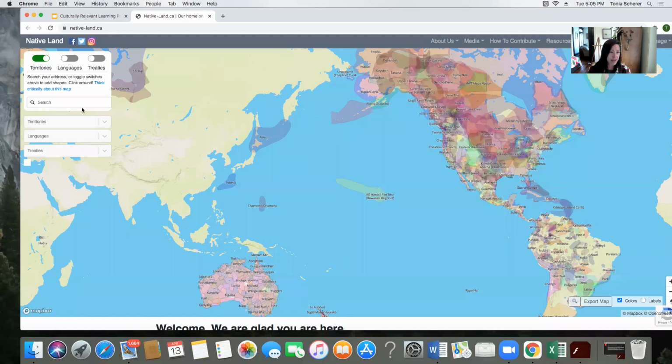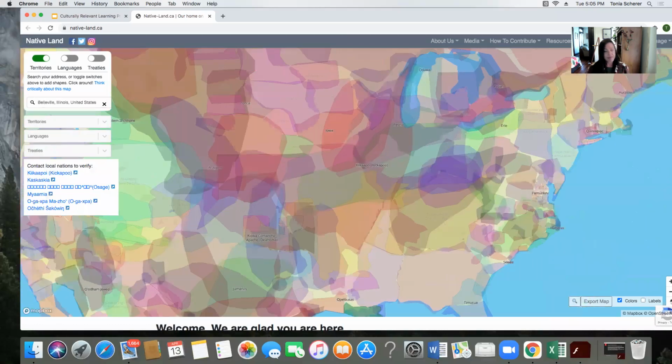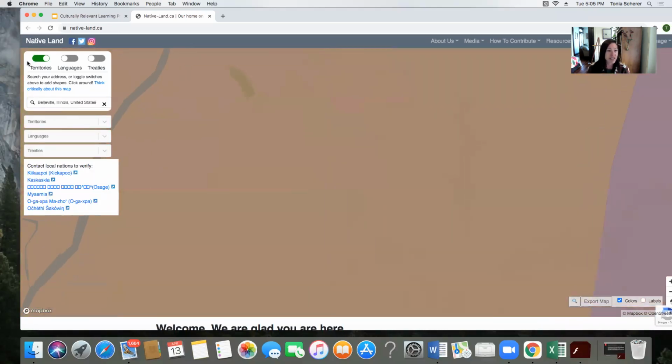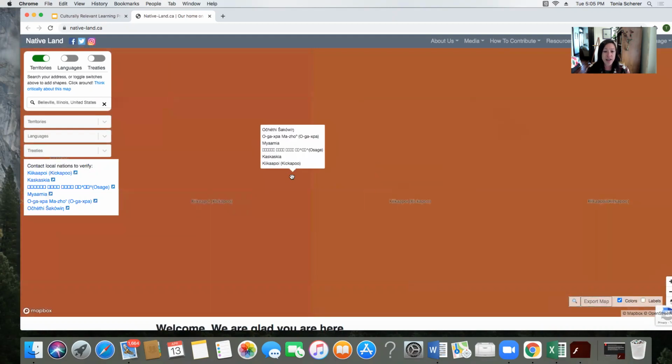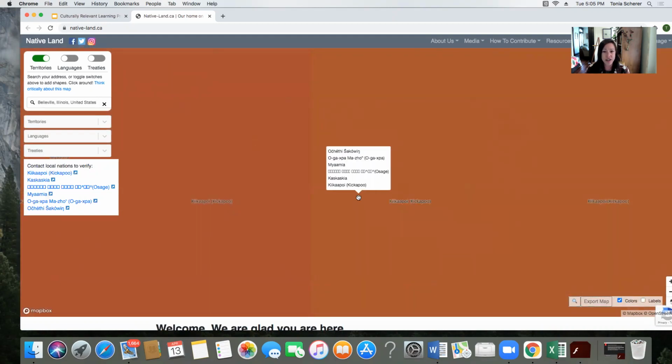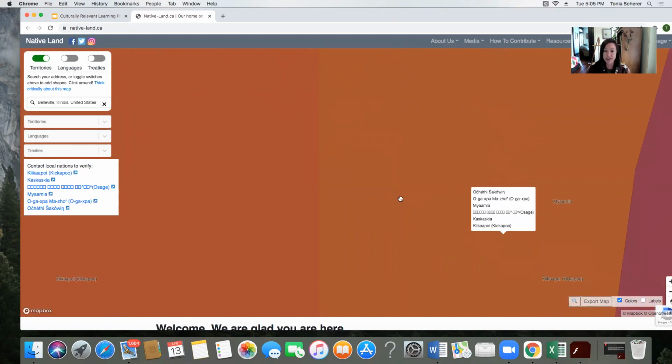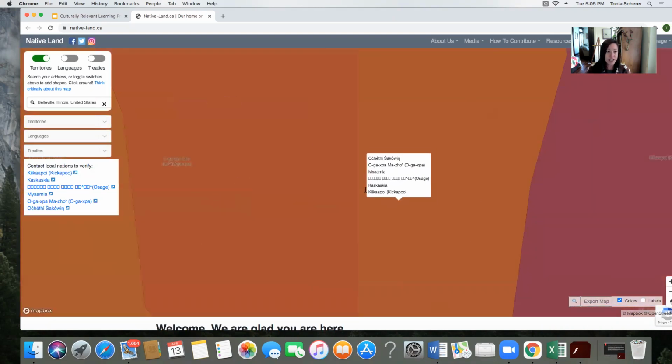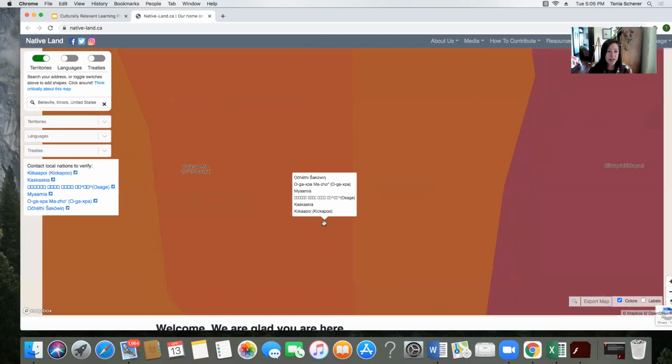Let's see, I'll just search Belleville, Illinois. If you put the address in, you see I have territories marked off, and it will show you the different tribes. Let's see if I can zoom out a little. You can see Kickapoo.